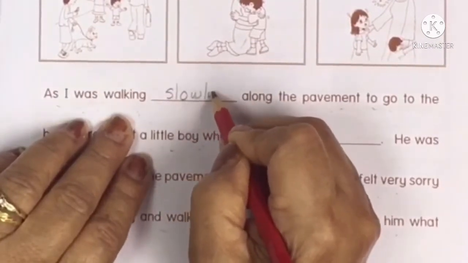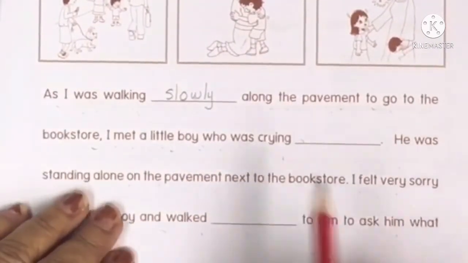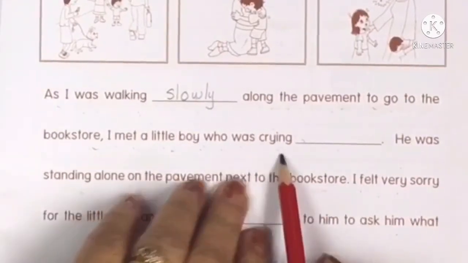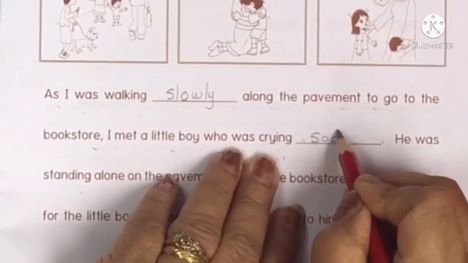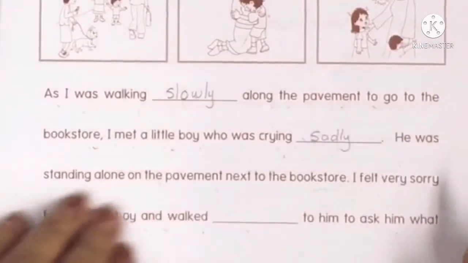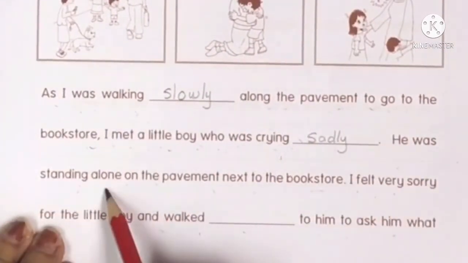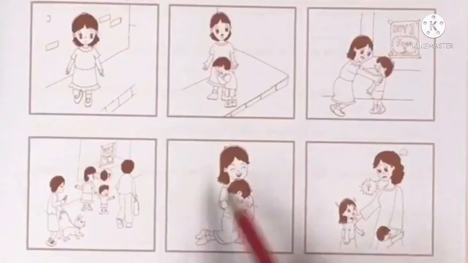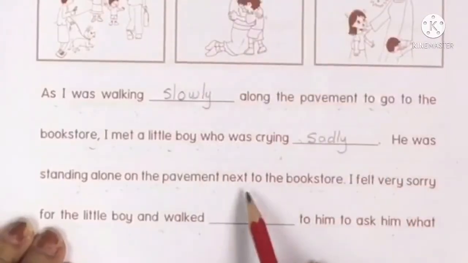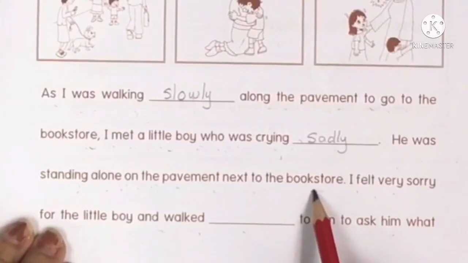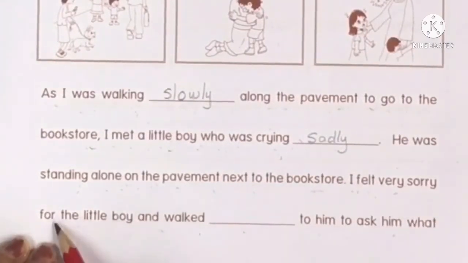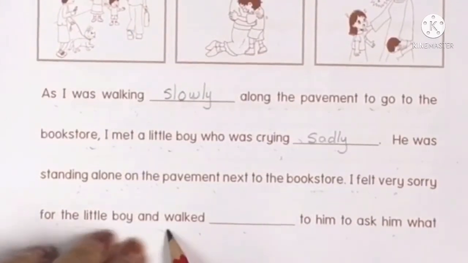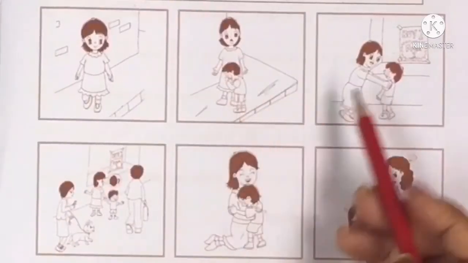It may be a little difficult for you. The boy who was crying sadly. He was standing alone on the pavement. This is a pavement next to the bookstore. I felt very sorry for the little boy and he walked